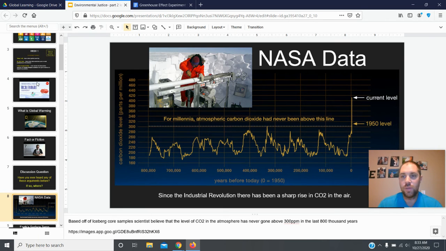We have a graph here straight from NASA. You'll notice here that over the centuries, this is a graph of the amount of carbon dioxide in our atmosphere. Scientists believe they have been able to reproduce this graph based off of core samples from ice in Antarctica. They believe that the ice in Antarctica is hundreds of thousands of years old, and by drilling into the ice, they can measure the amount of carbon dioxide trapped in that ice, and that tells them how much carbon dioxide was in the atmosphere.